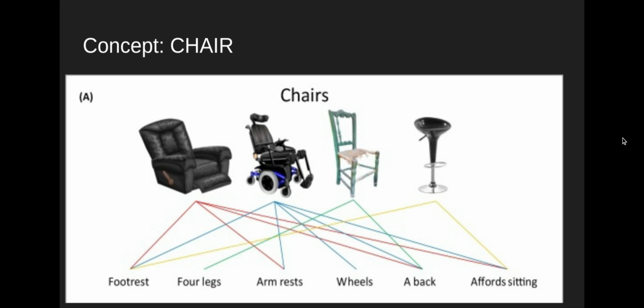But then you think of, like, what about a chair like this over on the right that doesn't really have legs? It just has this pedestal. You might say, oh yeah, well, a chair also needs a back. But maybe not all chairs require having a back. You might say, well, a chair needs to be something that you're able to sit in, but you could imagine, say, a really teeny tiny chair that no one can sit in because it's too tiny,